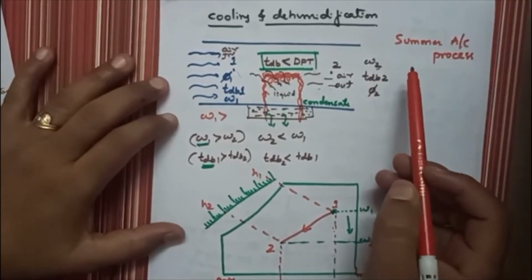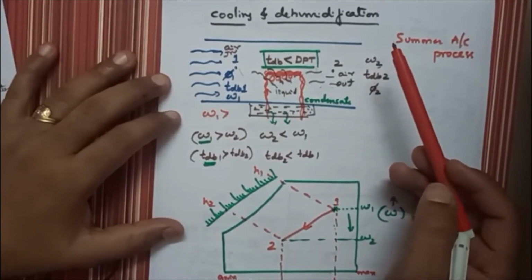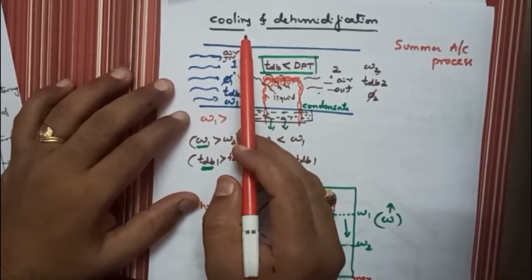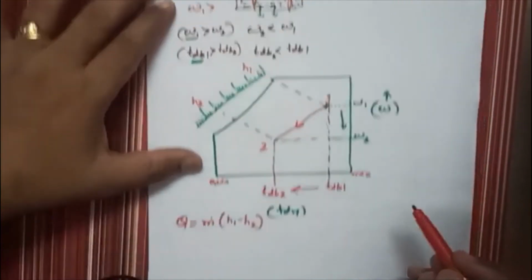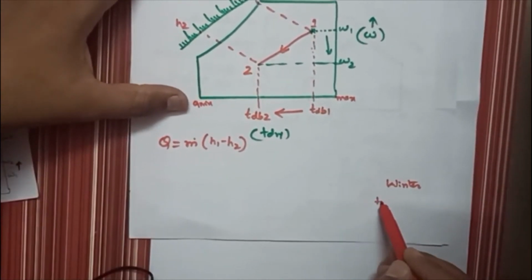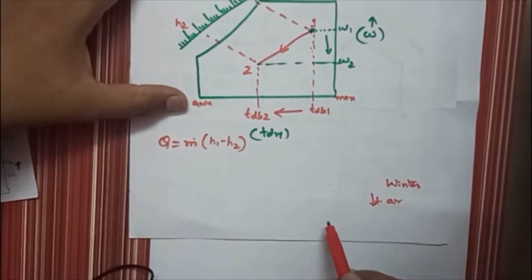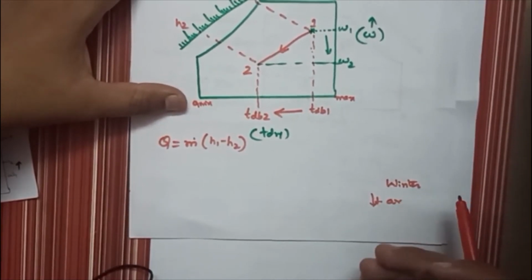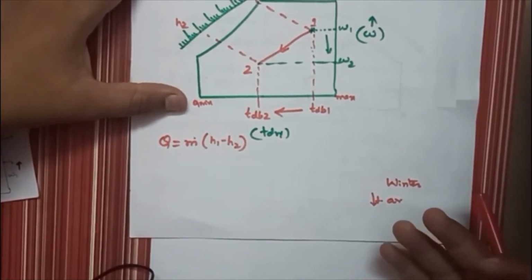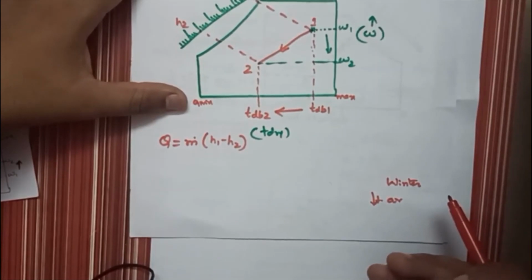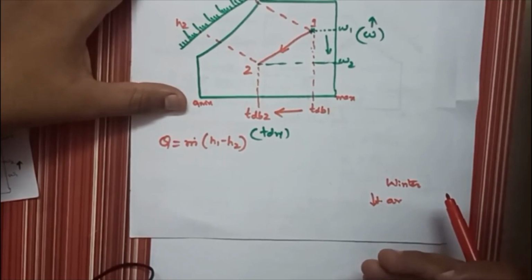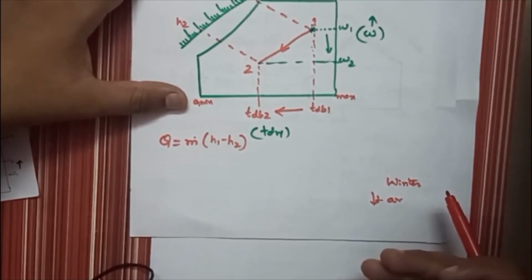But at the same time, in winter air conditioning, which process will you apply? In winter, the atmospheric air temperature is less. Low temperature will be feeling comfortable again. So the atmosphere temperature should be approximately 25 to 27. Understood? But in the winter, the temperature of the air is too less, that is 10 degrees Celsius or 12 degrees Celsius. It is uncomfortable for human beings.